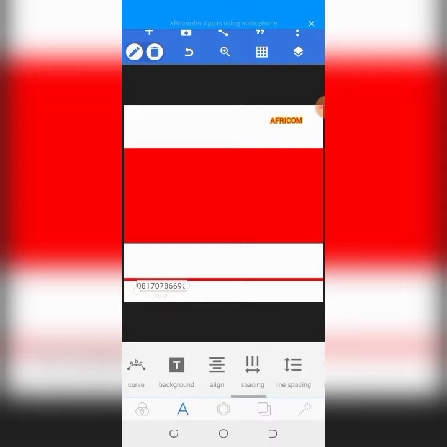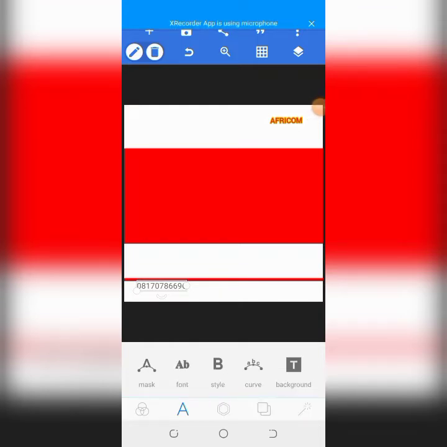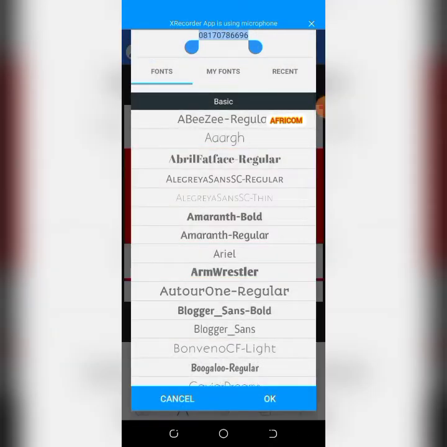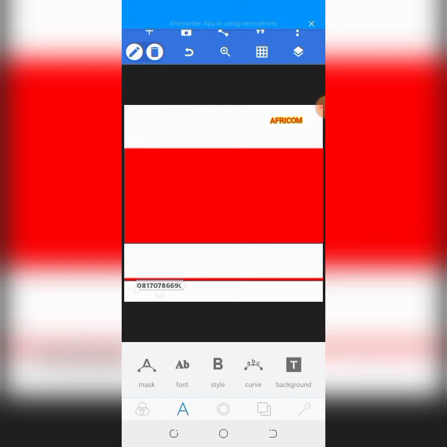Then again, I will move to choose a font that I will use for that particular text, and I intend to use that same font for all. I'll click font here, then I'll see numerous fonts. I'll choose this font. Then when that has happened, I will definitely